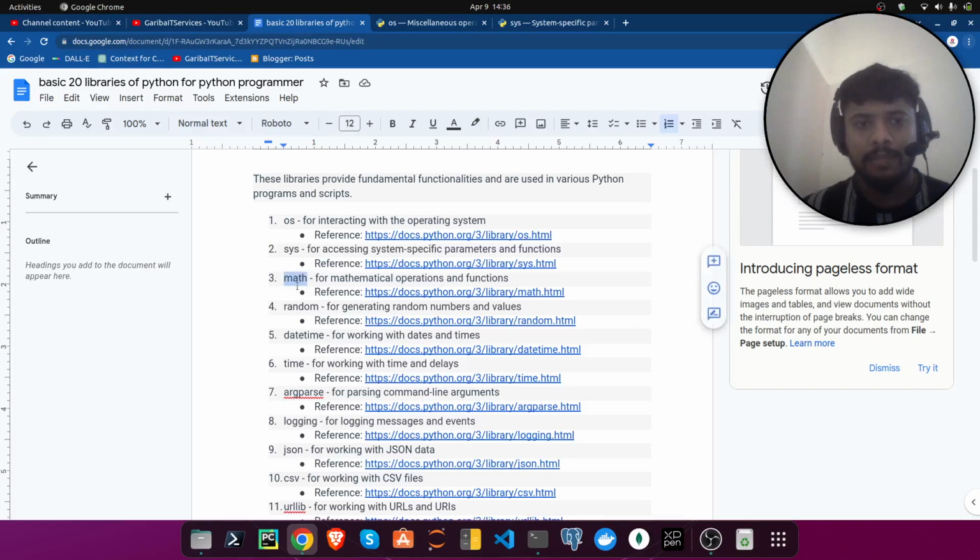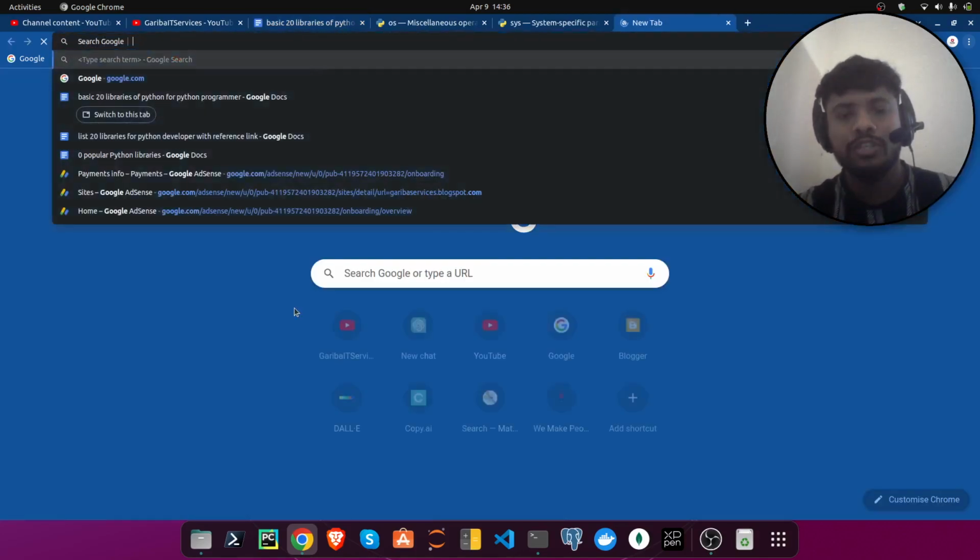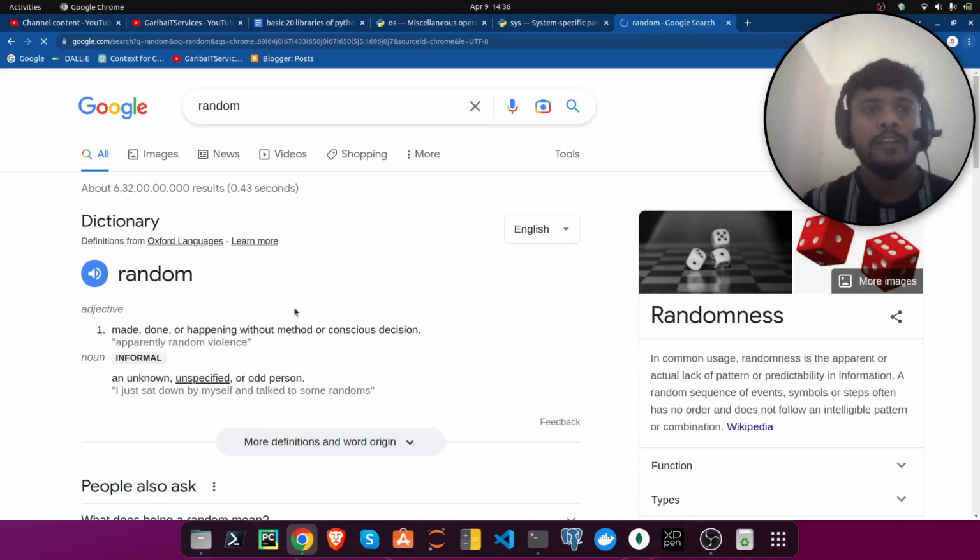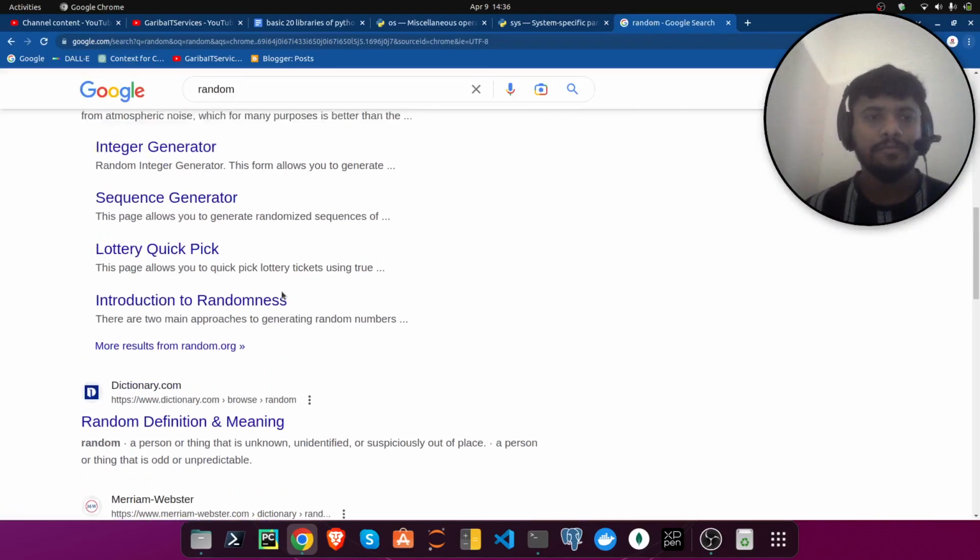And the math library you should learn for mathematical operations and functions like plus, minus, divide, floor, integer, whatever you want to do. And the random library or module, we use this very often.